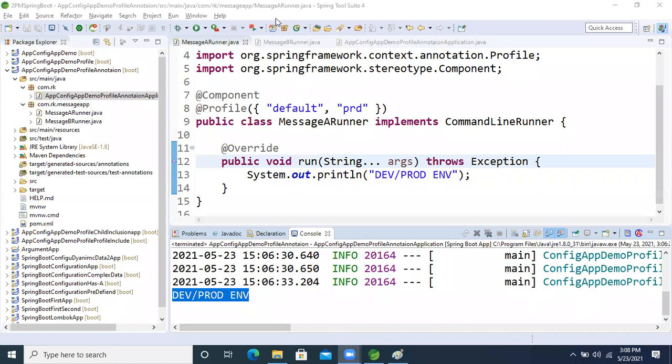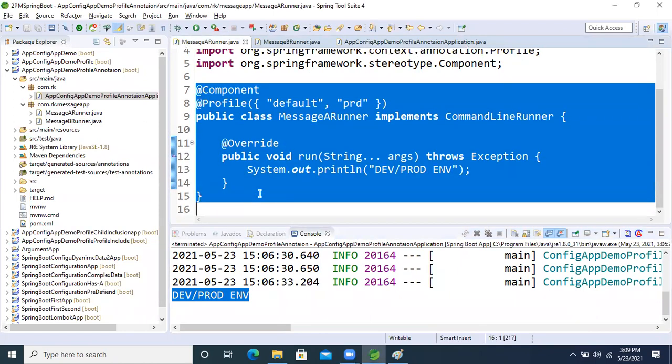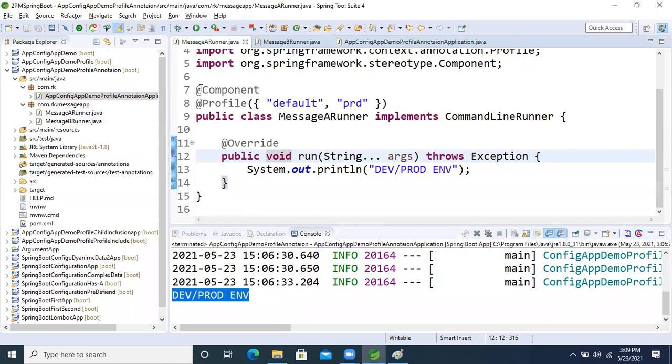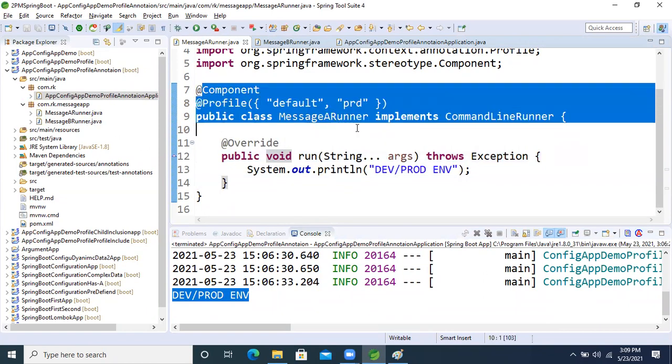Oh, your doubt is this one, right? So here we can use environment.getProperty for reading the property file. Here what we are doing now, Sachin, we are executing logic now, okay? And we are not even using the environment interface. So there is no need to use environment.getProperty here. Here there is no use of that, right?